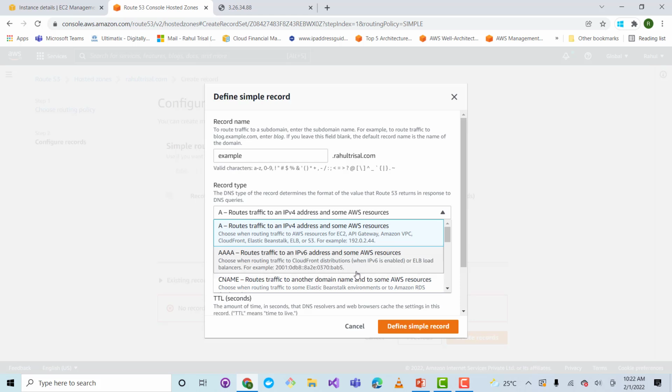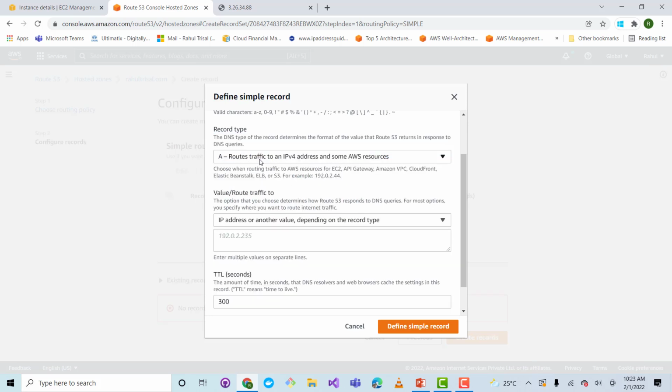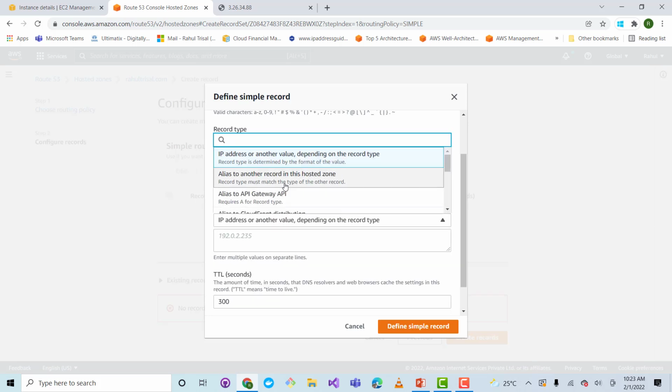The CNAME is when you want to map one host name to another. So you have, say, an application load balancer host name that you want to map to rahulthrissell.com, www.rahulthrissell. So that's where you do the CNAME. You map to two different host names. Okay. And now then you have to choose the IP. So we'll just choose the IP. You can also select an alias record. Alias records are for any AWS service, like the host name of the ELB or Elastic Beanstalk or anything else. Okay. So I'll just copy this IP